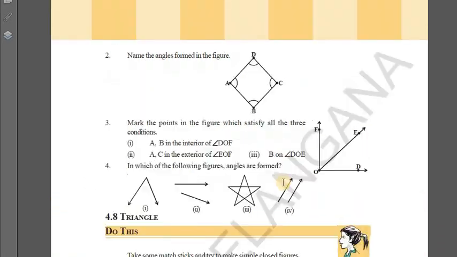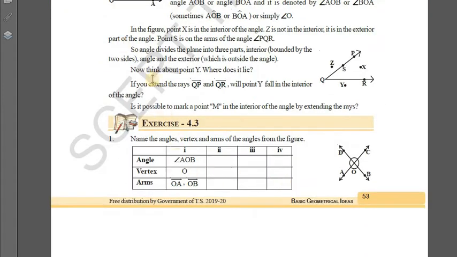And now coming to this exercise 4.3. So what is the question he is asking? For the given picture, you have to write what are the vertex, angles and arms of the given diagram. Okay students, now just open your Maths notebooks and I'll draw it on the board again, and we'll see what is the vertex. Of course, for all the 4 points, your vertex will not change because O is the common end point here. And next, an angle is formed here. How many angles are you seeing here? 1, 2, 3, 4. So for each one you have rays, and the angles you are forming are different. Okay, so let's see what the rays are and what the different angles are that you are forming there.